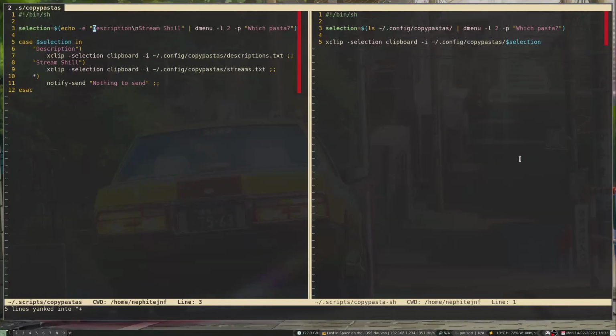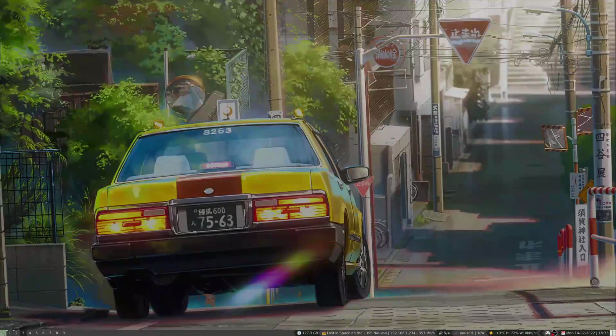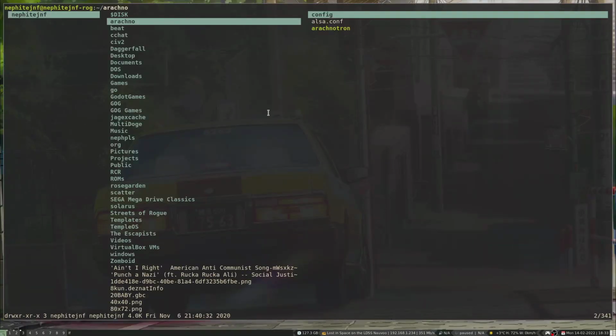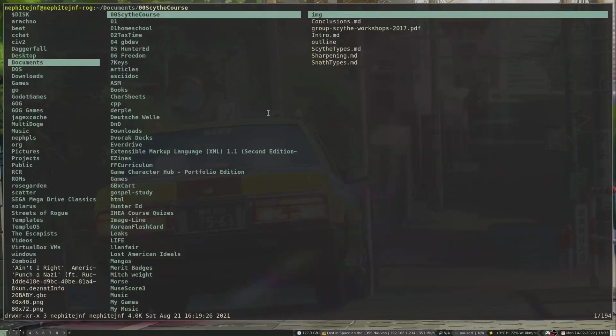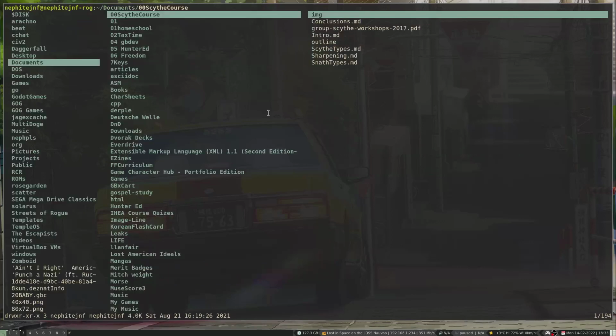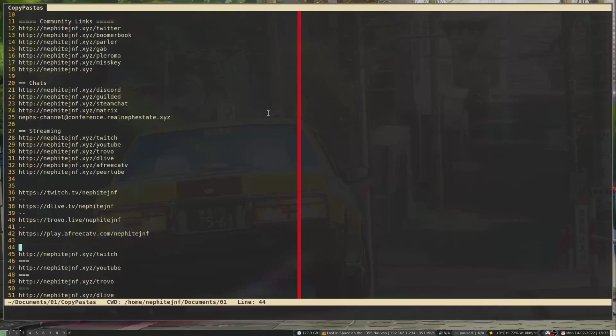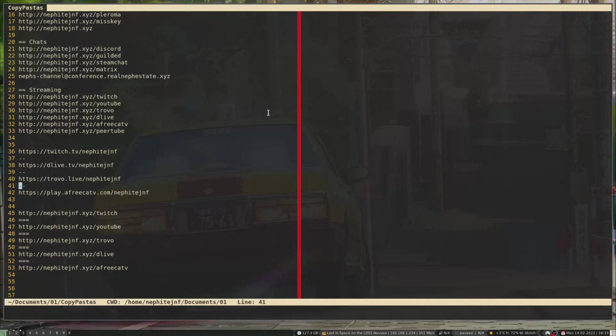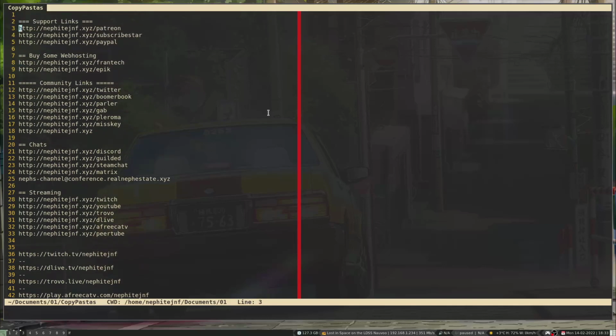So there's a script I've been meaning to write for quite a while, and I basically just barely did it today before I went to stream. So I've had a text file, let me pull that up, it's in documents actually. Oh, it's in here. So this file I've basically been pulling all my copypasta stuff from because it's for descriptions